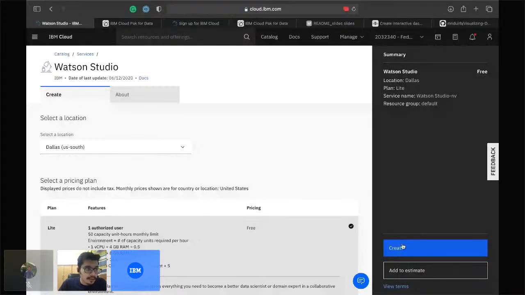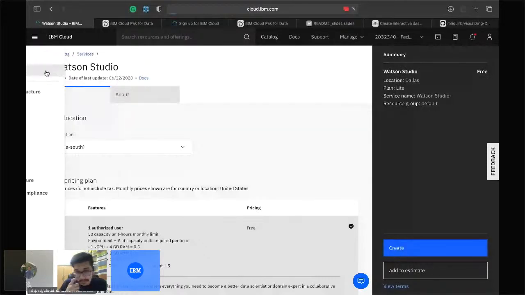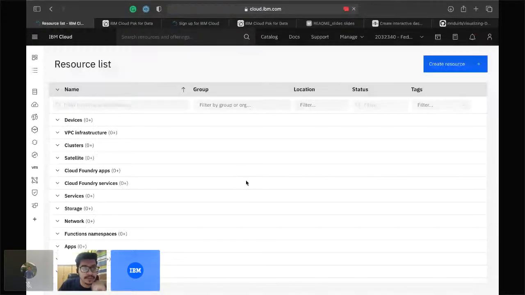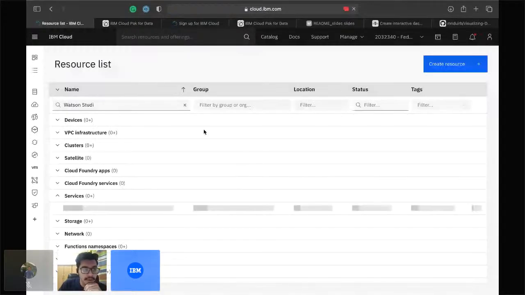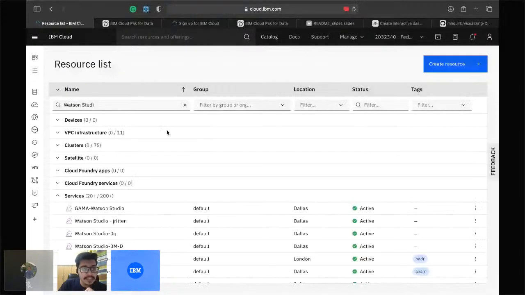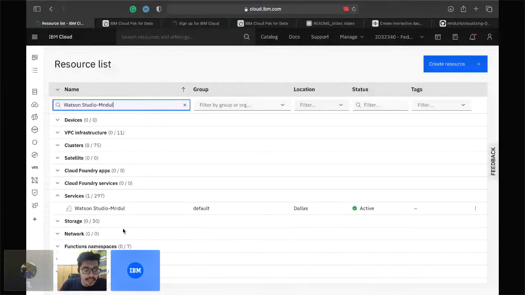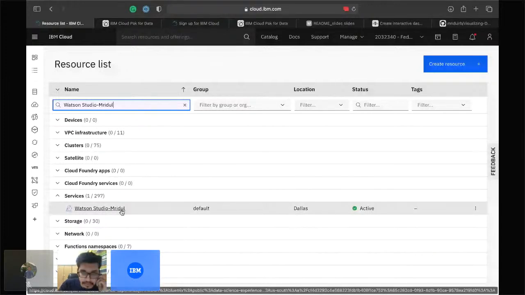So I'll go to the menu button and click on resource list. When you click the resource list, it has a list of all the resources that have been created. You can search over here, even if you've created a service, you can just search for the name. So I have a service created and I'll search for that, and I open that up. Now once this page opens,